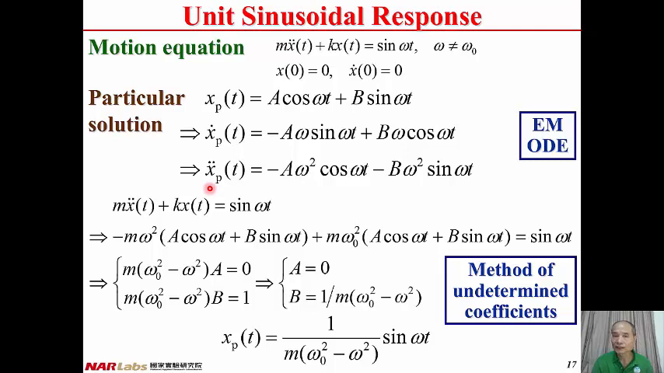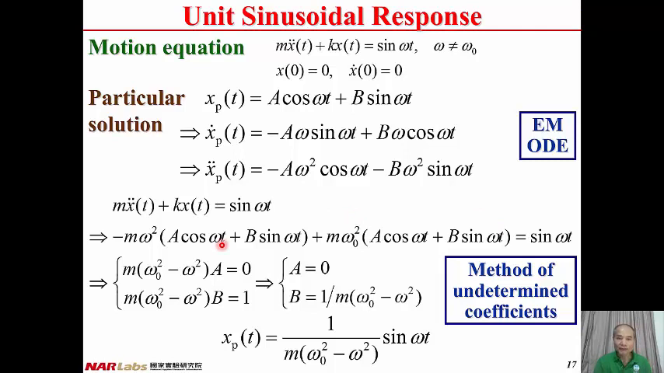We have x_p double dot equal to minus a omega square cosine omega t minus b omega square sine omega t. And we substitute x_p and x_p double dot into the differential equation. Therefore, we have minus m omega square times (a cosine omega t plus b sine omega t) plus m omega 0 square times (a cosine omega t plus b sine omega t) equal to sine omega t. Because cosine omega t and sine omega t are independent, therefore when the equality holds,